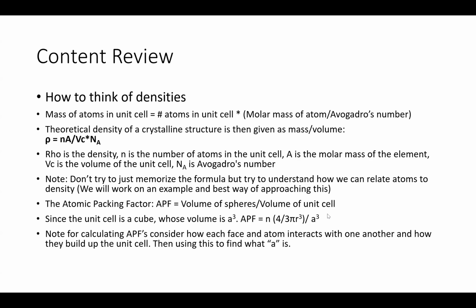Avogadro's number is just a constant for how many atoms are in a mole. It's a constant that was found to figure out how many atoms you would have per mole of molecule. When we talk about chemistry, we put everything into moles, but since everything has a different molar mass, it's just like if we want to find